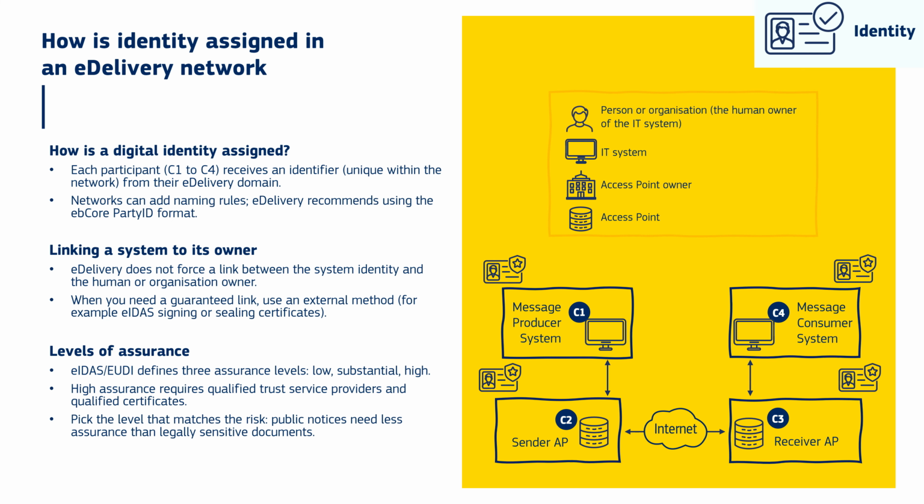A high level of assurance is required for qualified trust service providers to issue qualified certificates. In practice, this means the certification authority must do extensive checks to ensure the identity of the organization that receives